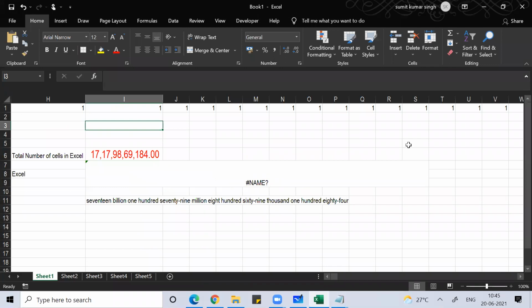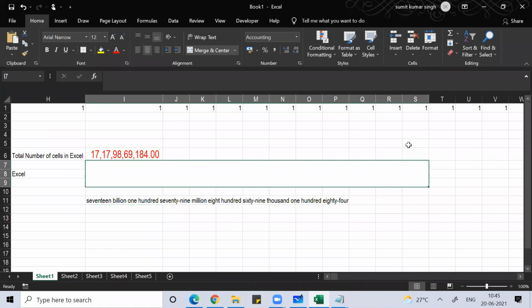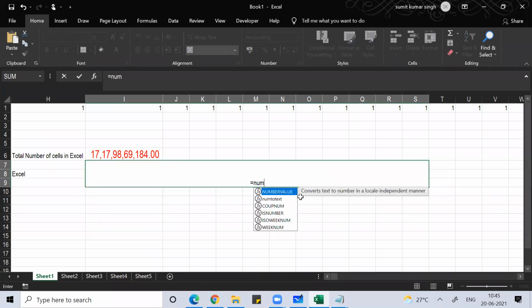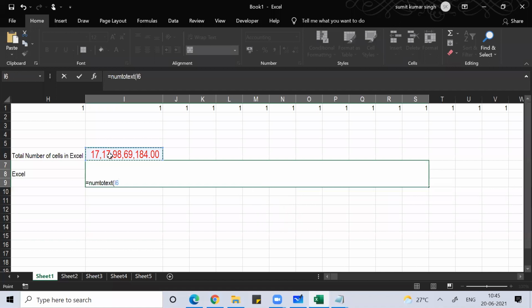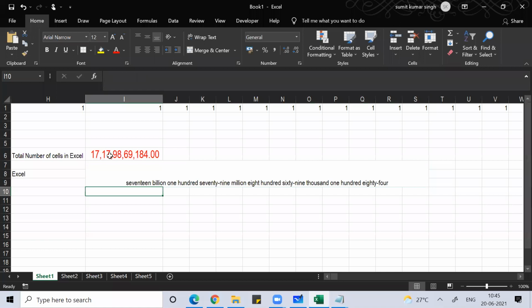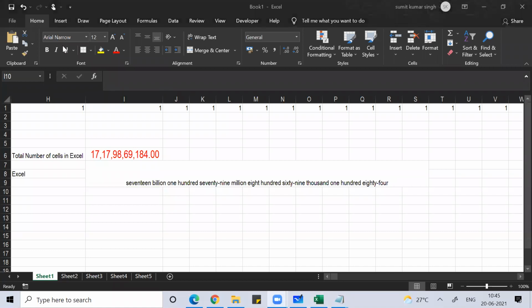So here by this, we created a function, guys. So if I write num to text, this function will work only on those worksheets where this macro is being run. Otherwise in Excel, you'll not find spell number or spell currency or num to text. I just created this in front of you. These are all installed programs given by Microsoft Office. I have taken it from the Microsoft website, and that's the same thing I'm trying to communicate to you.